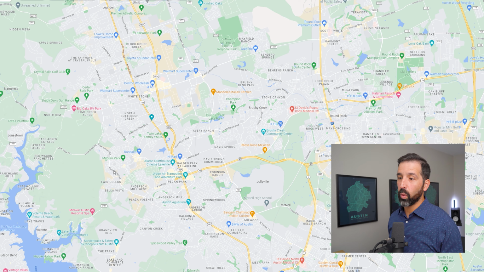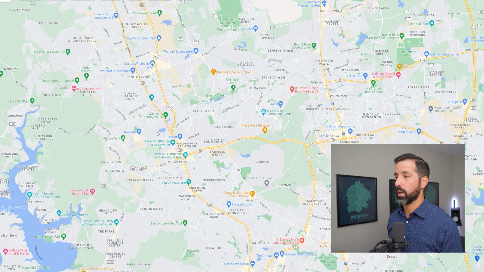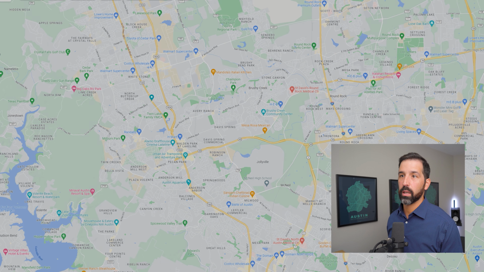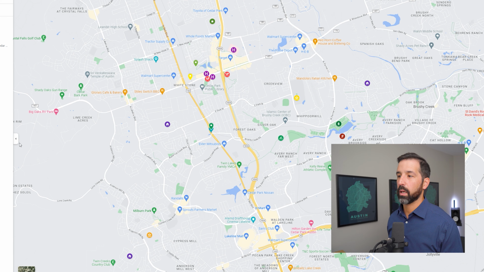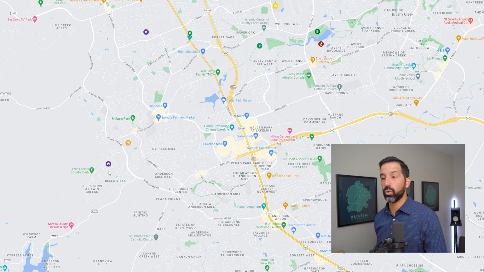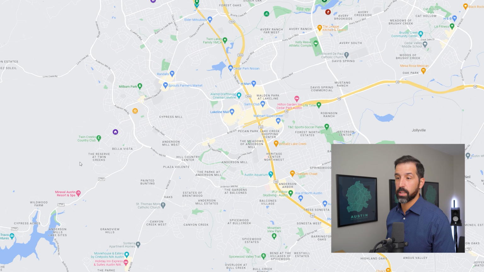So the very first one that we're going to start with is, oh, I lost my map. Let me get back in here. Sorry about that. It's right here. Okay, cool. We're back. We'll start out with the Twin Creeks neighborhood, which is, as you can see here in the map,